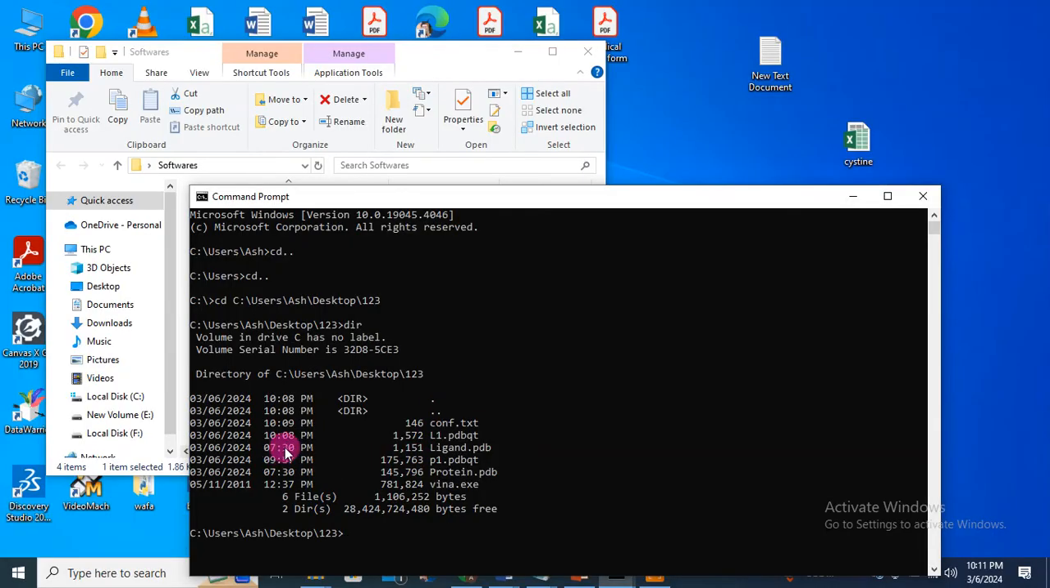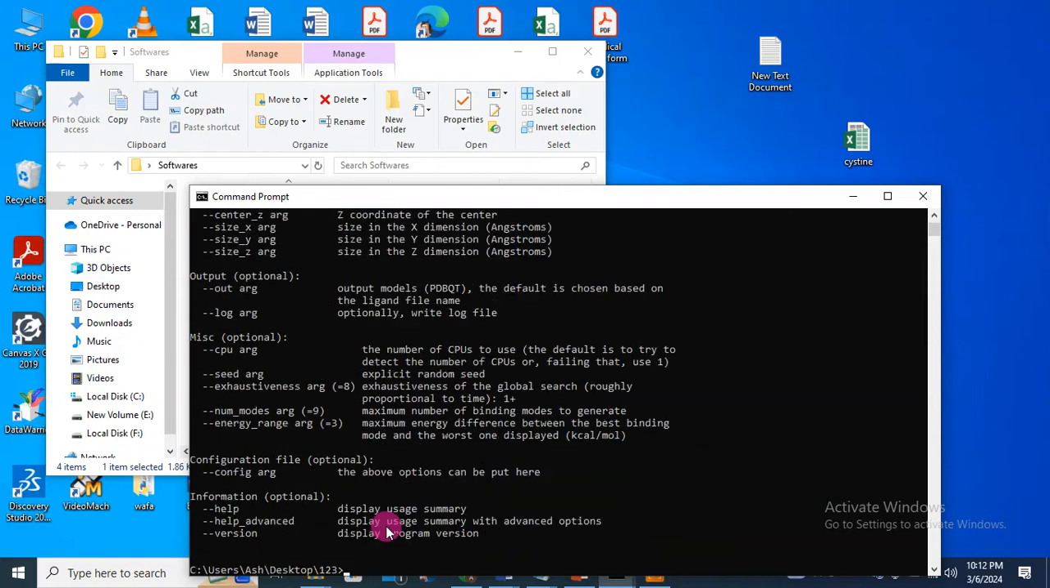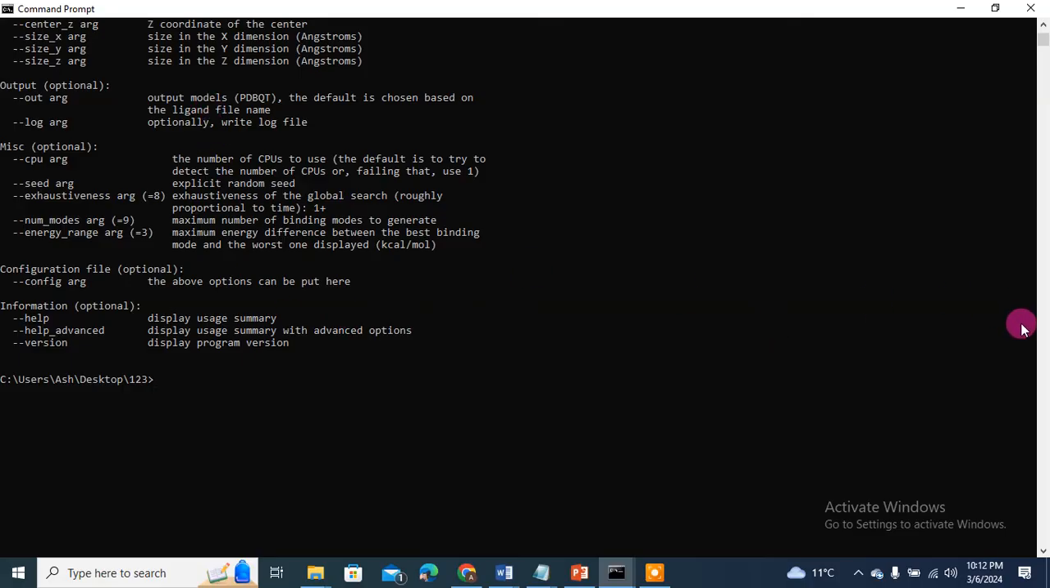It will show you what files are present in this directory. It has the conf file, L1 pdbqt, ligand pdb, P1 pdbqt, protein. That's it. We know all, we have this. Now the second thing is we need to test our program. Just write Vina, enter. If you can see this kind of screen, it means that Vina is working and